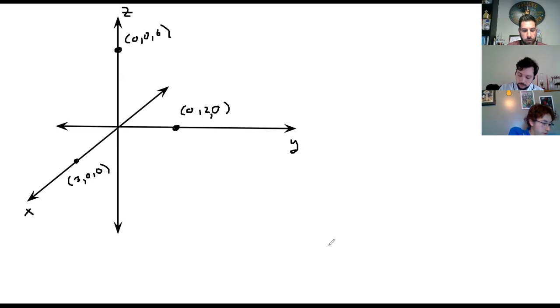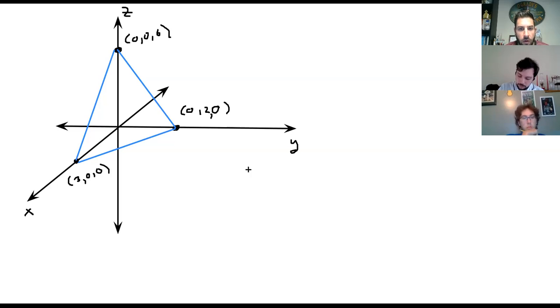So now this is going to be tricky. What I'm going to do is get a different color here. I'll get this blue. I like that. I'm going to try to draw a line from here to here, and then a line from here to here, and a line from here to here. So what I need to do, this is what makes things difficult, is I need to describe this three-dimensional region